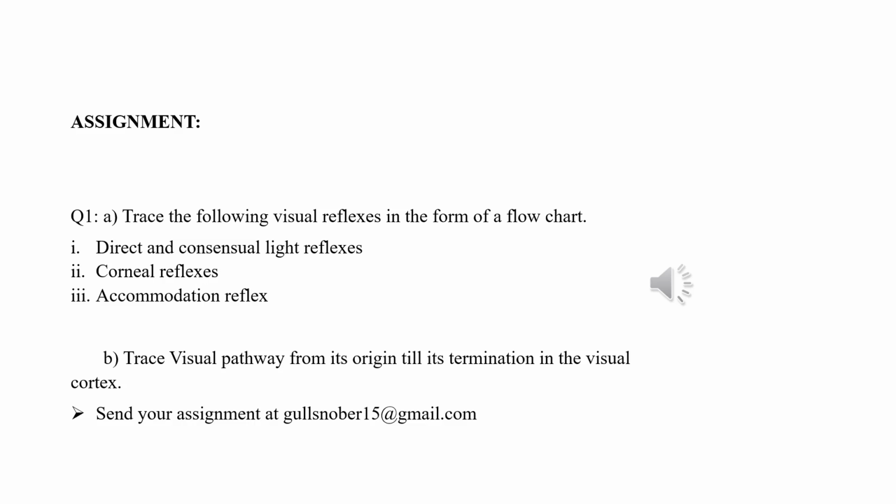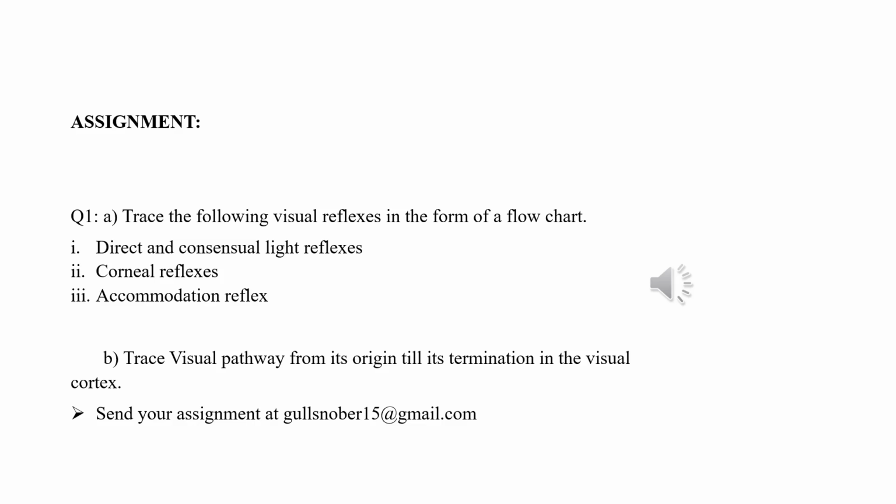The second part of this assignment is to trace the visual pathway from its origin till its termination in the visual cortex, right? First of all, you must have a concept of the basic visual pathway and then the visual reflexes. So you have to attempt these two parts of the assignment, and you will make flow charts for this, and you will show these reflex pathways in the form of a flow chart. And you will send this assignment at this email address, which is